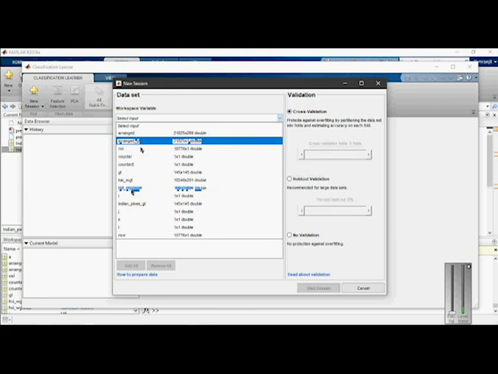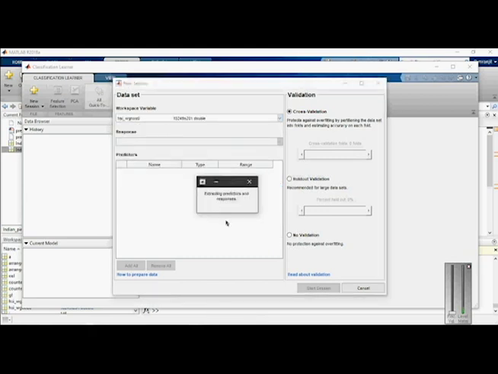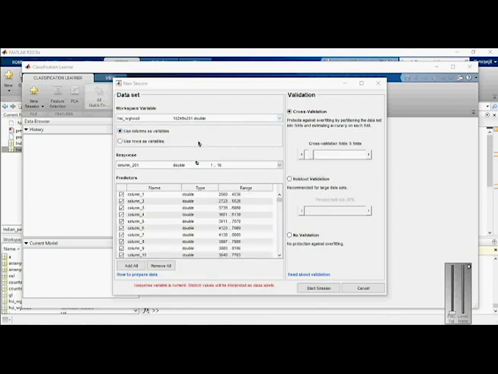This is HSI with ground truth and without the background zero pixels. Press here, and it will take some time to extract the predictors and responses. Just wait for a minute. It will automatically detect that the last column is the response column, containing values 1 to 16.